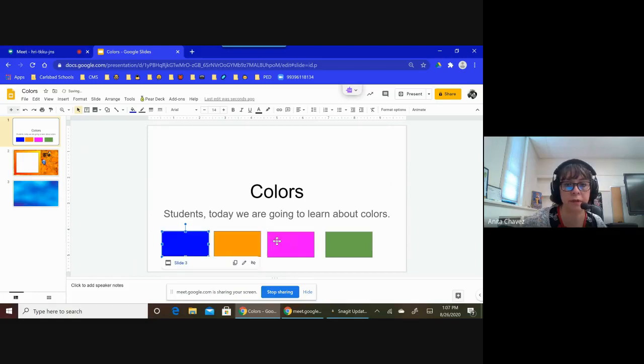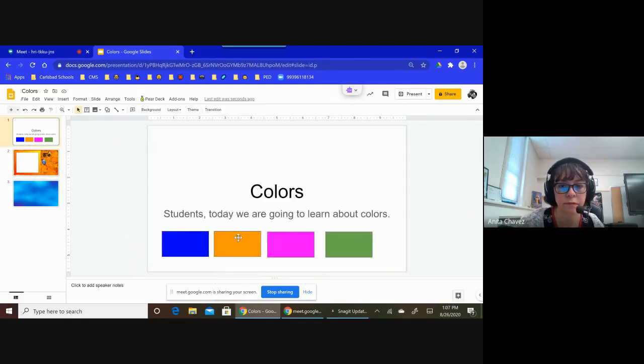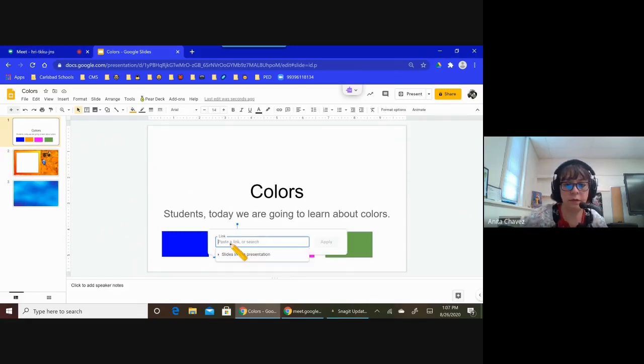And I want that one to go to slide 3. So when the kids click on this, it's going to take them to the blue slide. I click on this one and Control K, and I want this one to go to slide 2. Which I can't because this is in the way, so let me hide that. There we go, and apply.